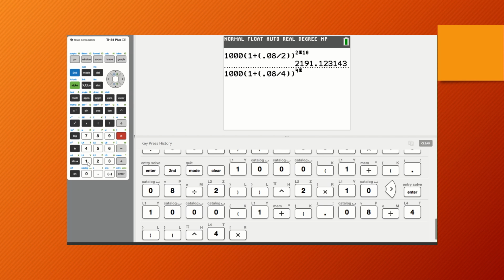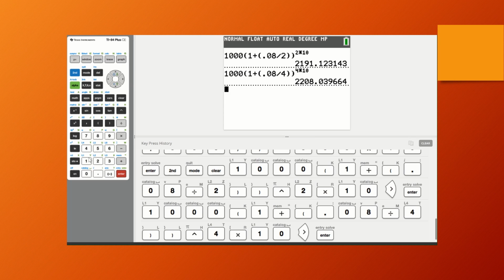I could just put 40 in there and not have to enter it that way if I wanted to. And let's see how much more we may have if it was compounded quarterly. $2,208.04. So what we picked up about $17, not quite $17. Of course, that's over 10 years, so it's not much, $1.70 on average per year, but hey, every